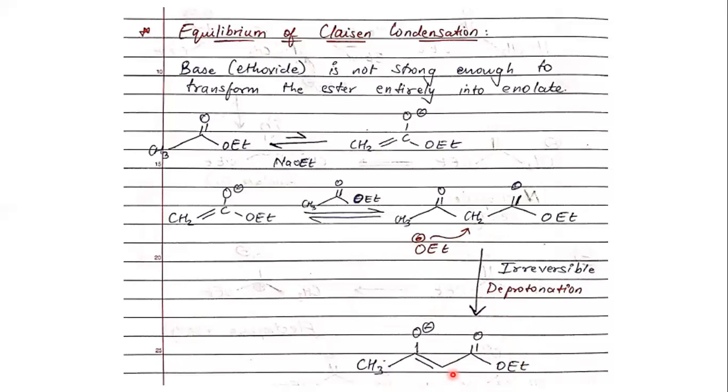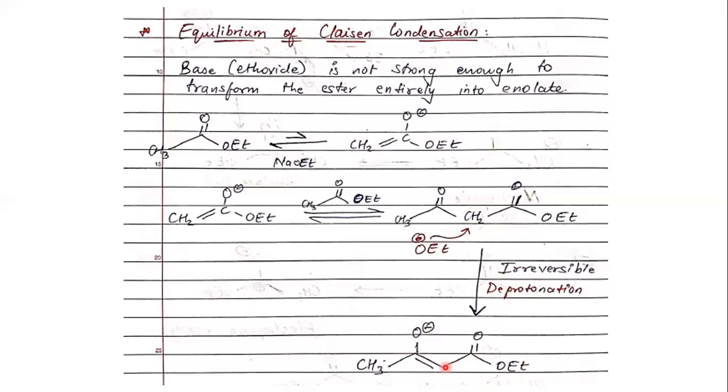This is going to be my driving force of the reaction. Because of this driving force, more and more molecules of ester are going to get converted to your enolate. Your enolate is going to react with another molecule of electrophile, forming your ethyl acetoacetate. But that ethyl acetoacetate is going to be deprotonated using your ethoxide group. Eventually, there is going to be deprotonation forming this enolate.